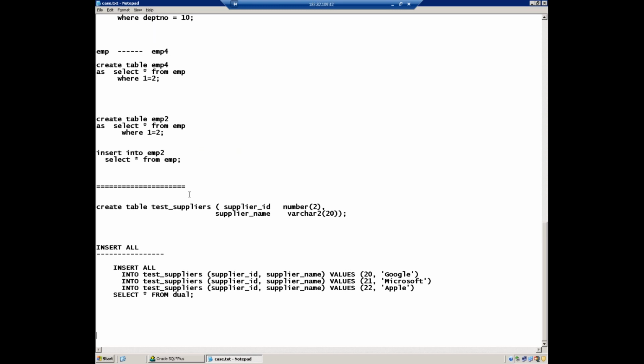Sunil, one more thing. You have taken both the columns over there. If you don't give the column names, no problem. Column name is mandatory because there are only two columns in the table.